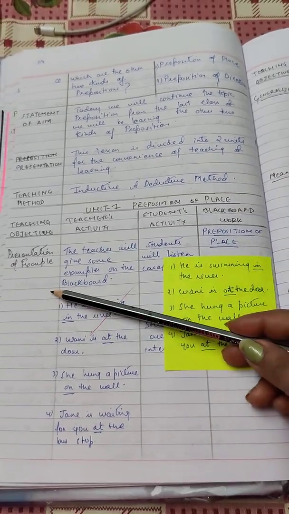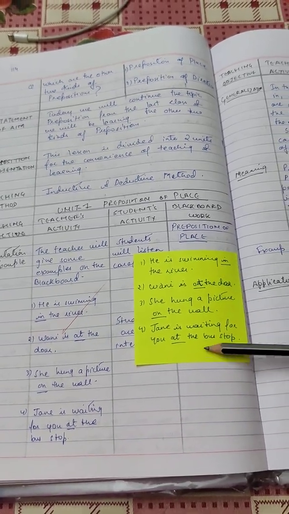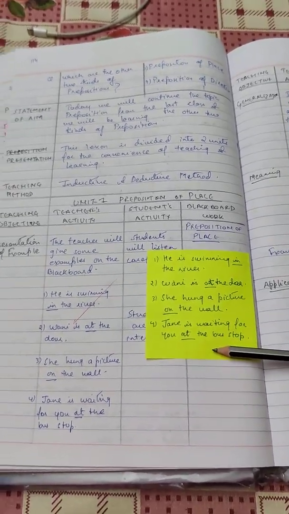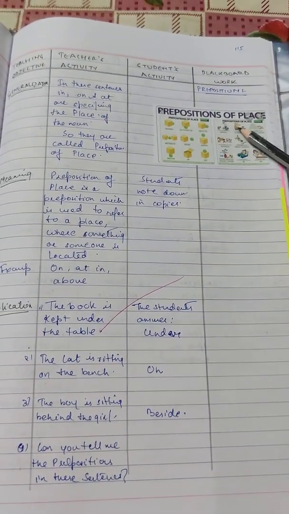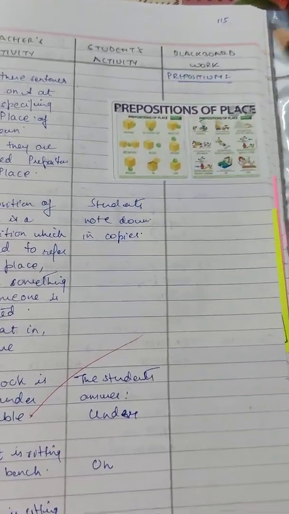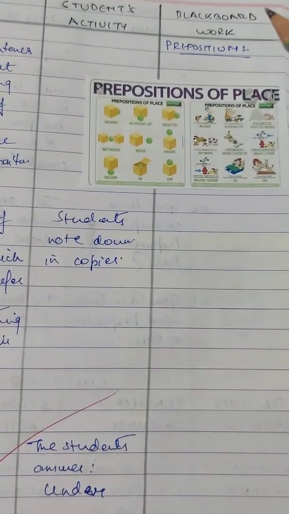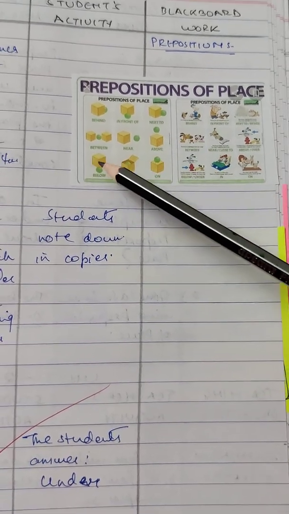Here we'll start with the presentation of the examples. Here are some examples. The teacher will write these examples in the blackboard column. Here I've stuck a miniature showing the prepositions of place. Like, I'll zoom it. These are behind, in front of, next to, between,